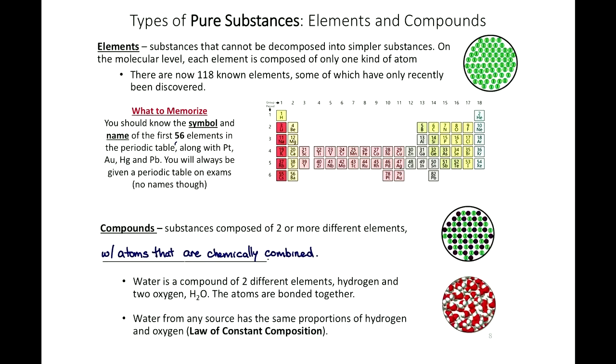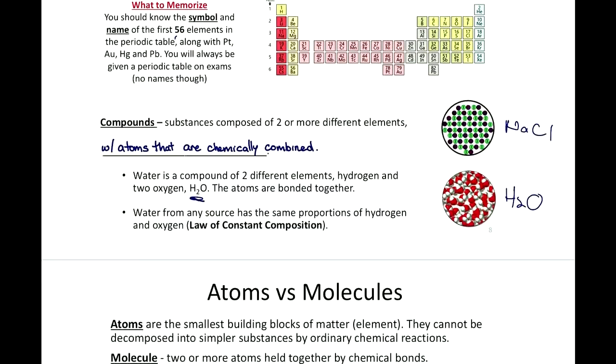All right. Okay. Compounds, on the other hand, two substances chemically combined. So here's an example of like NaCl, and then here's H2O. Right, so all water molecules have the same composition, 2 hydrogens attached to 1 oxygen. So this water sample is just that H2O molecule copy and pasted a billion times, right? So that's why we call it a pure substance, because water, regardless of where you find it, each water molecule is exactly the same. 2 H's bonded to 1 O. Right? And so compounds, again, a formula, one single formula representing that substance. All right,